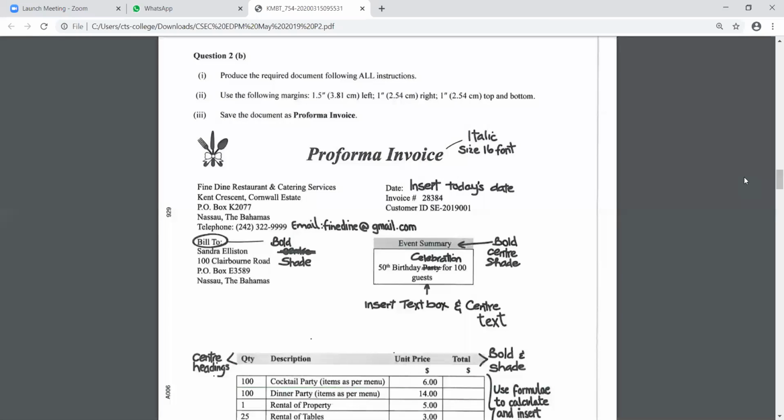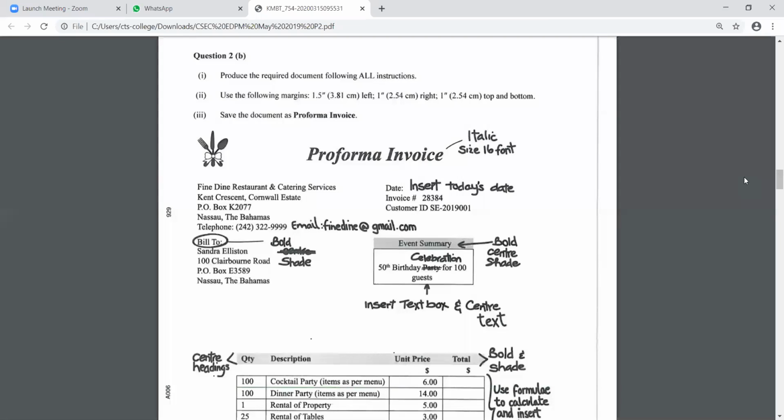And then under event summary, now when you do the shading, you will do what? You will click and draw a text box. Where would you go to get text box? Insert. Perfect. Just like in Word, you would get it in the same place. When you go to insert, you always see text box. If you don't see text box immediately, you'd probably see shapes. When you go into shapes, you will get text box. Everybody's there? You will click, you will draw a text box, and you will type inside the text box. You will type the information there. When you type the information, you will highlight it and you will click on center. Everybody understands that?